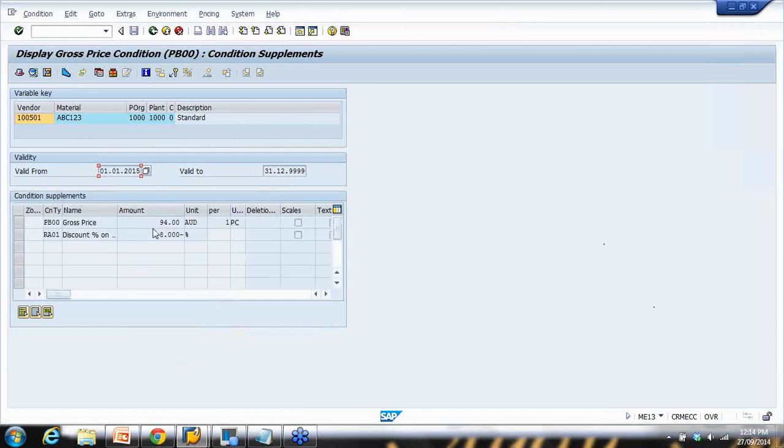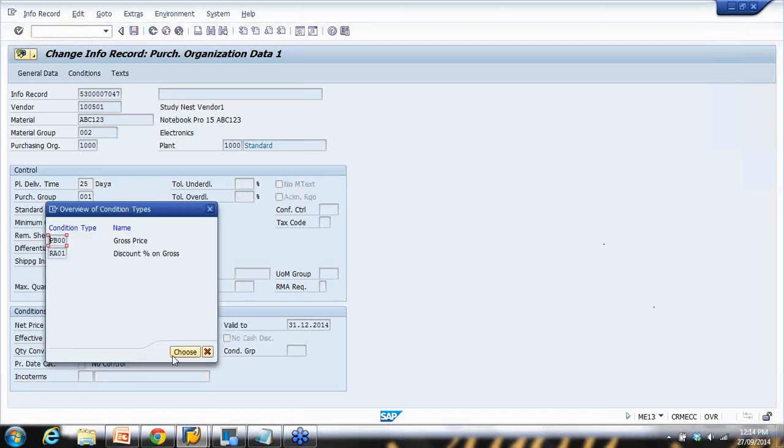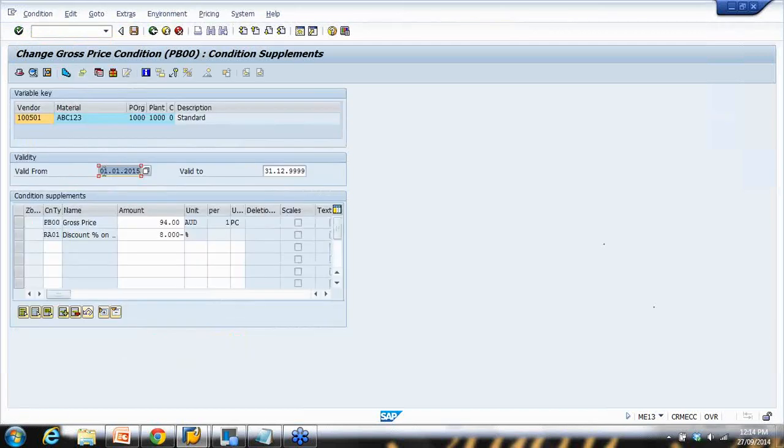And that's starting from, I've made a mistake. I shouldn't be doing it this way, but this price is starting from next year. If you want to maintain today's price as well, I can go to condition and say okay, there's another price from today